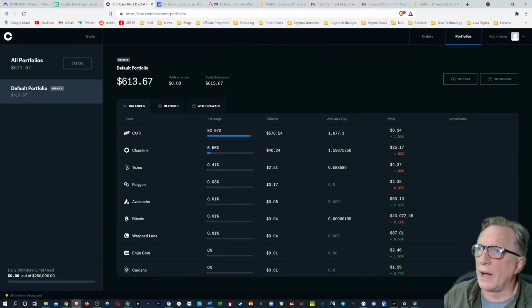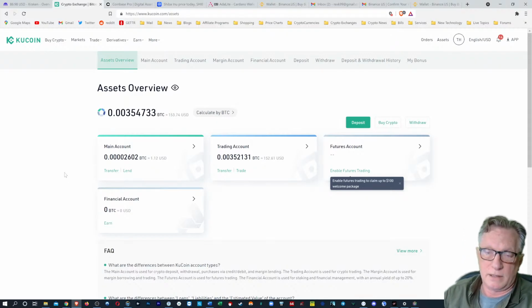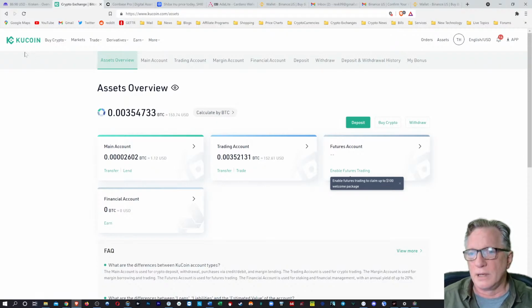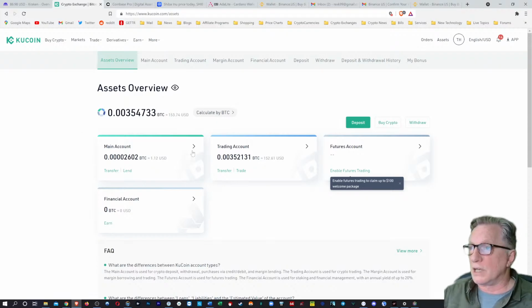We don't want that. Now, I would say KuCoin would be your next best bet. But your question said, where can I convert fiat to UST? And KuCoin does not accept fiat. I was reading about KuCoin earlier because I was curious where they are based and whether I could connect my bank account. As it turns out, they're based in Hong Kong, but they don't bar U.S. residents from using their site, like a lot of foreign exchanges, like Binance, won't let U.S. people use. But KuCoin does not support any kind of fiat deposits. The only way you can use KuCoin is to deposit crypto, so you have to already have some crypto. But if you're using KuCoin and you buy some UST,